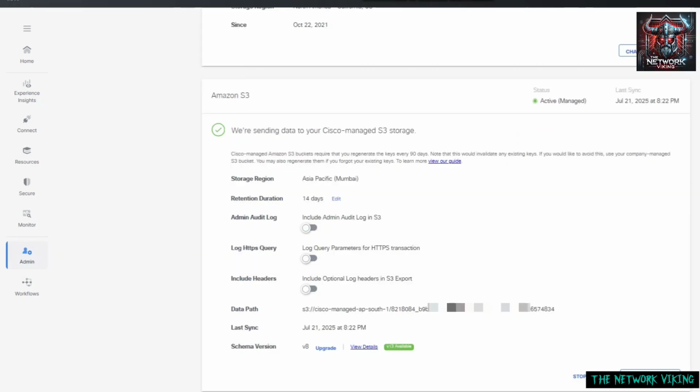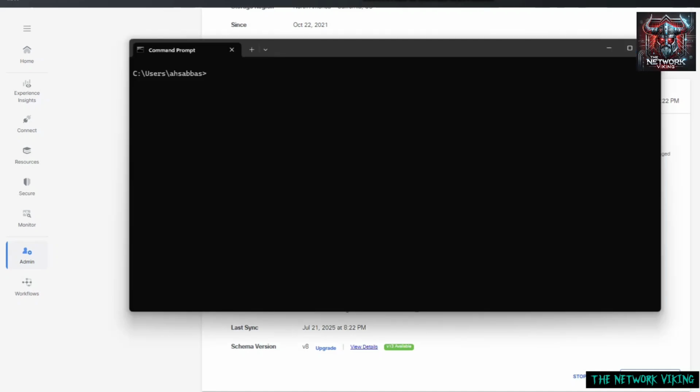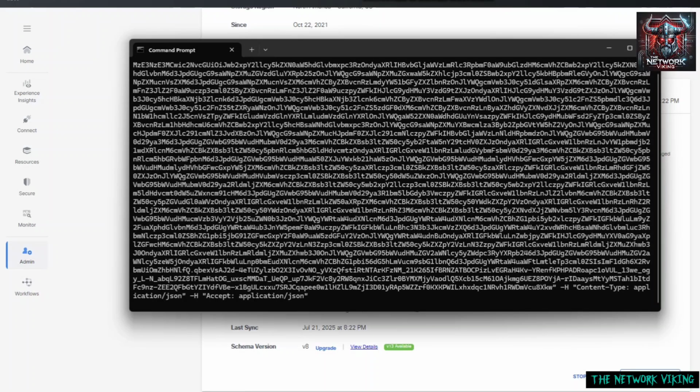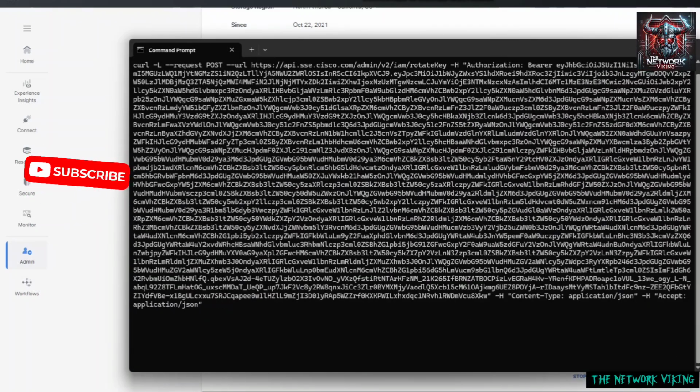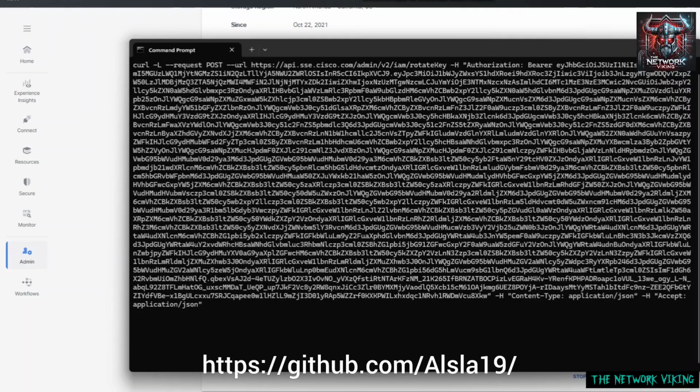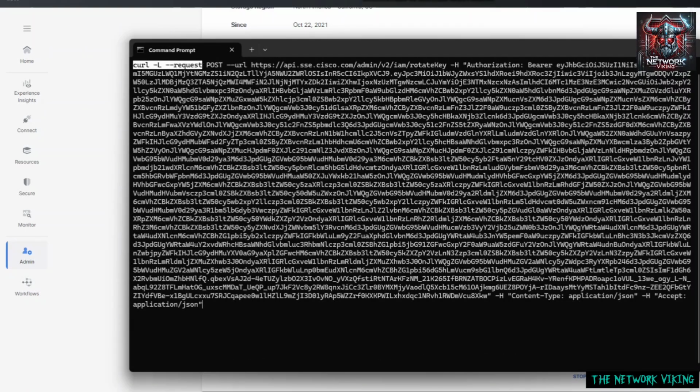Now, how do we do it using cURL? Let's check that out. All right, so open up the command prompt and paste the cURL command in there. This is something I can provide you in a pinned comment, or maybe you can check it out from my GitHub page as well. Now, you mention curl --request, and this is a POST request, right? And then you mention the URL